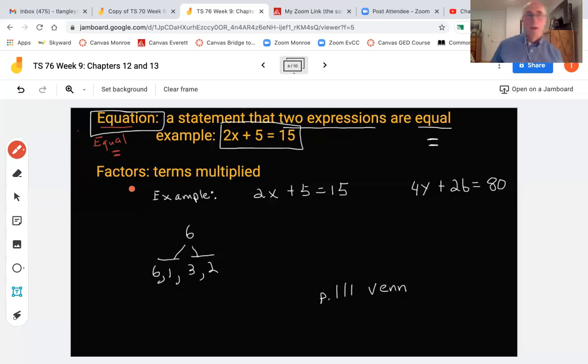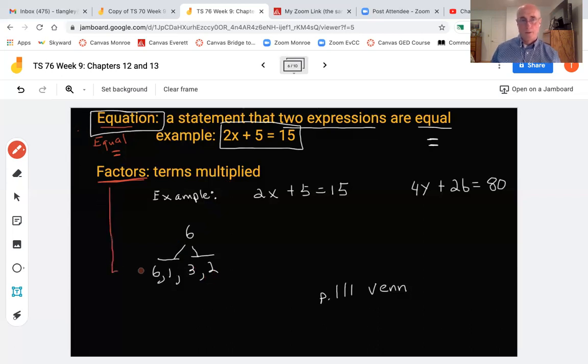If that helps. All right, another term that you're going to see in your homework is factors. And you'll also be asked this on your next exam, I think. These are things that are multiplied, terms that are multiplied. And there's a reason why I'm hitting at this right now, and I'm going to show you why. If they ask you for all the factors of 6, I think some of you at this point could probably go, okay, well, 6 times 1 and 3 times 2. Those are all the factors.